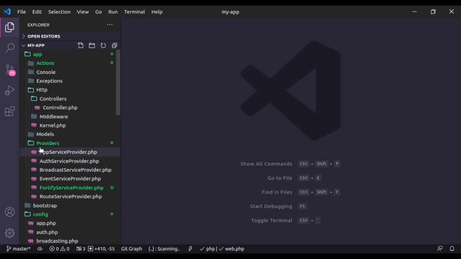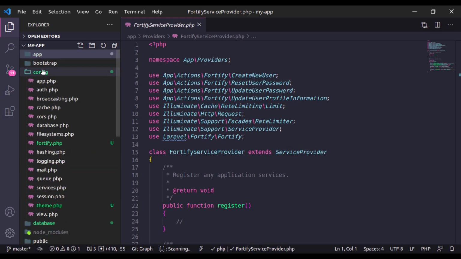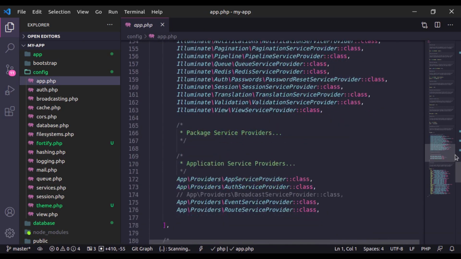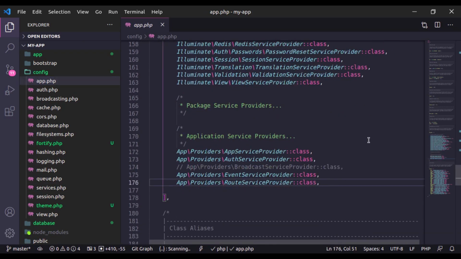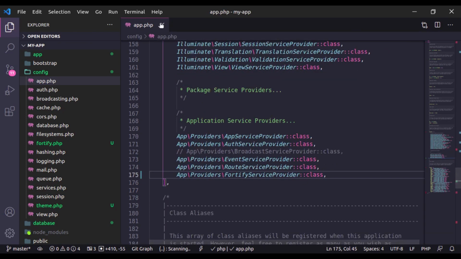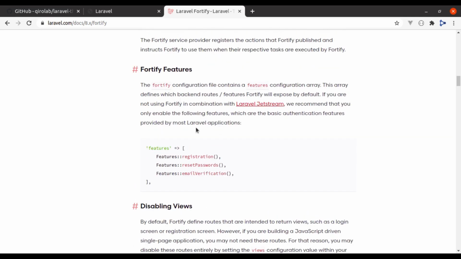So here is the Fortify service provider. Let's navigate to config app.php and scroll down, and right here we will add the Fortify service provider. It is done. Now all the configurations are done.